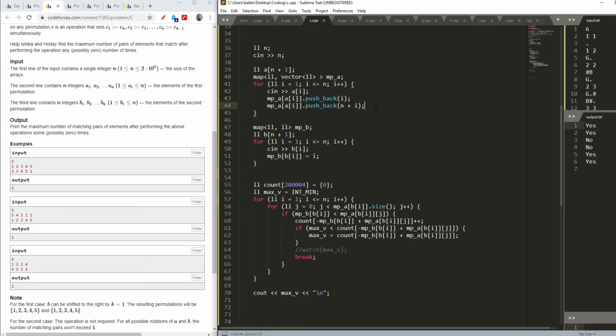Now if it happens, then I will just increase my value of count by that particular difference, and here I update my maximum value, and then I just break out of this J loop.